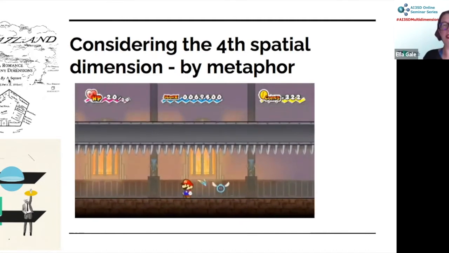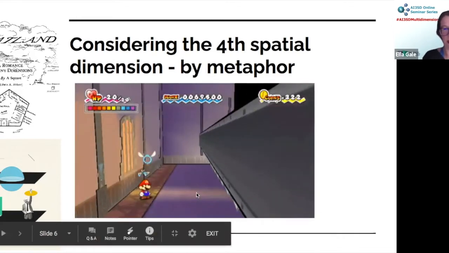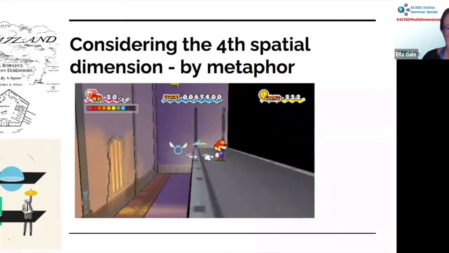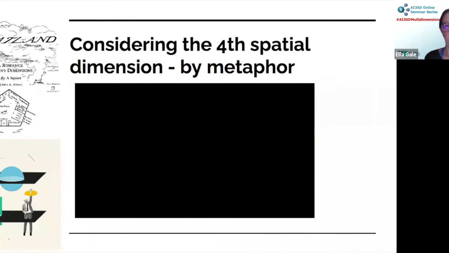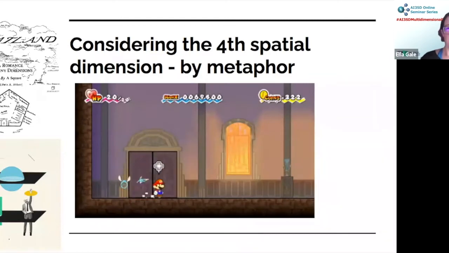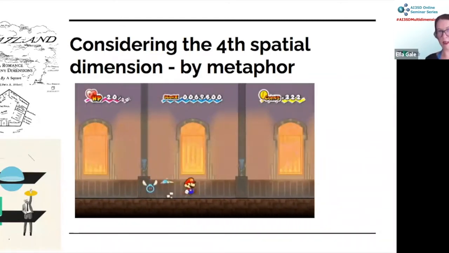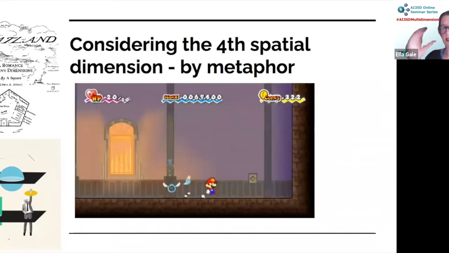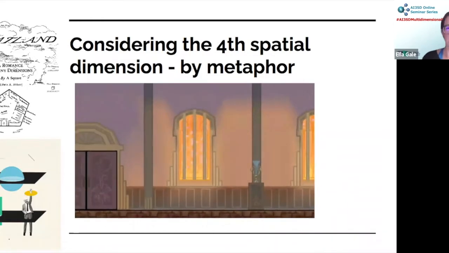I've never met anyone that's read it, which is why I have this little picture down here of Super Paper Mario. You see what's happening? This is a 2-dimensional character that is able to flip into the 3rd dimension in order to solve puzzles. If you imagine you lived in a 2-dimensional world, you moved into a 3rd dimension, what would you see? That's the start of thinking about higher dimensions, because then you can start to ask the question of what would you see in a higher dimension?